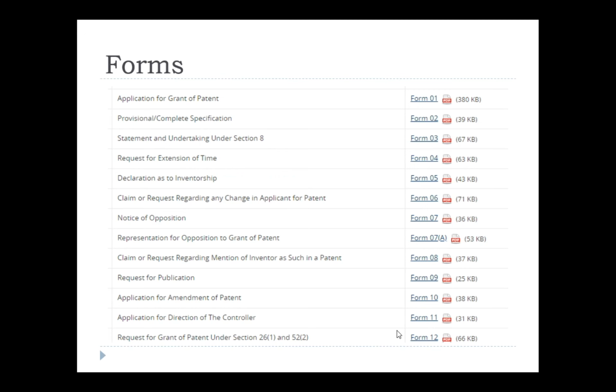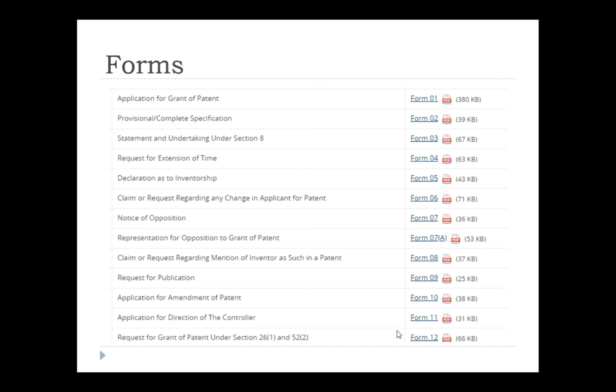I'll just give one or two for your identification. First one, application for grant of patent, that is form number 1. Whether it is a provisional patent or complete patent specification, that is form number 2. Statement and undertaking under section 8, form number 3.